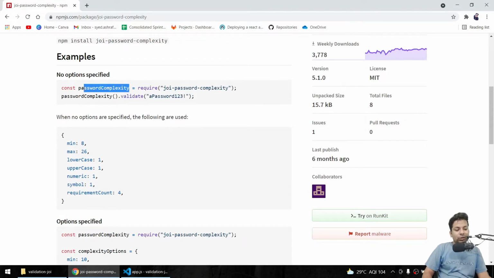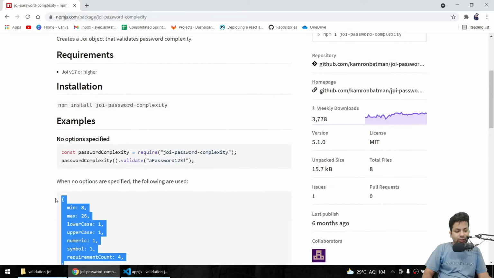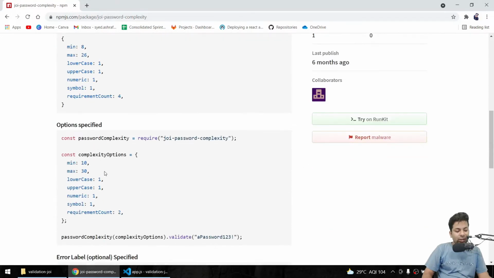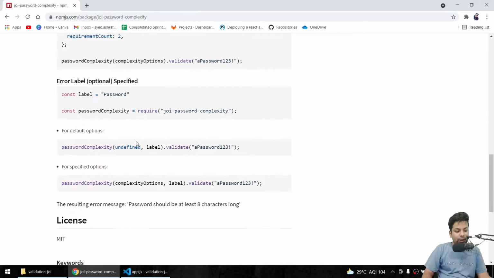So this is the password complexity variable. We'll say dot validate and it will validate, and here we specify like this, and you can see when no options are specified it uses these defaults, but we can define our own complexity like this. Then we say just validate and it gets validated.